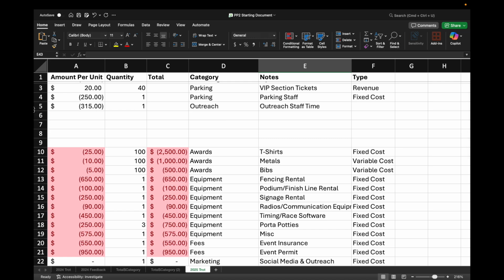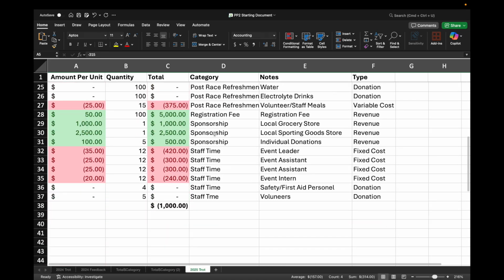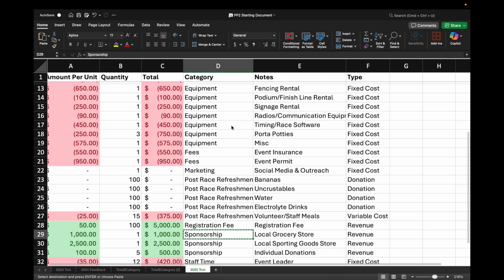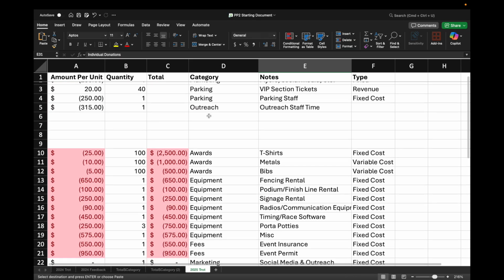But from those 3 hours of staff time, let's say that we get a few more sponsorships. The sponsorships that we already have are a local grocery store, sporting goods stores, and then a couple of rich people donating some money. Awesome. So let's say that we get 3 more sponsorships. You can be creative.